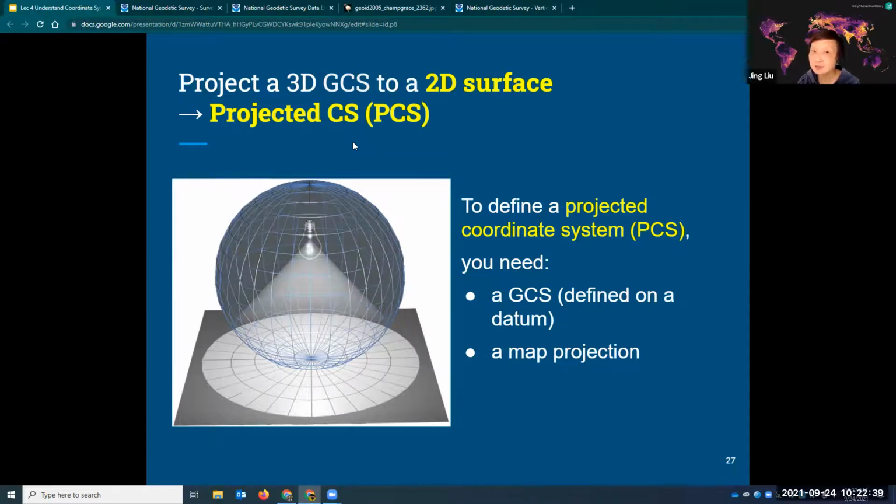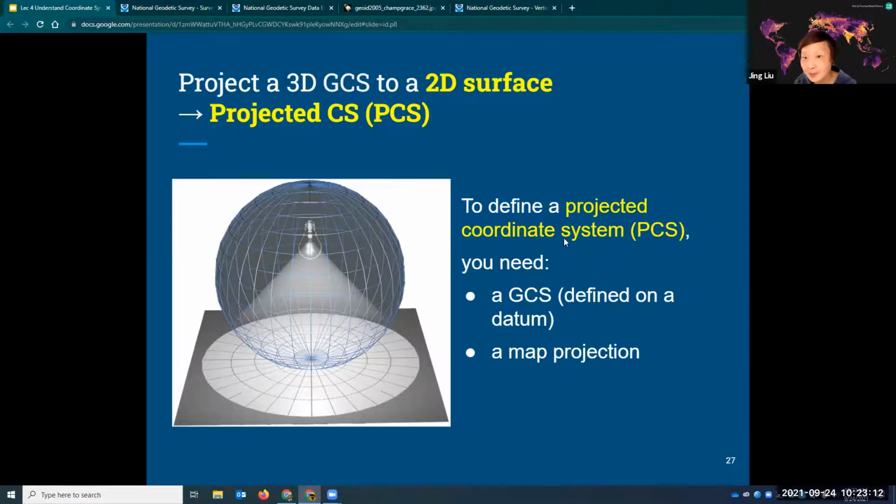Okay, so let me summarize here. We talk about longitude and latitude. They're GCS, they're 3D. You need to define your datum, your ellipsoid and how you fit that ellipsoid. And then you apply a map projection to this GCS, to this ellipsoid, and like this, cut the shadow. And then you can define your 2D coordinate system, or we call that projected coordinate system,